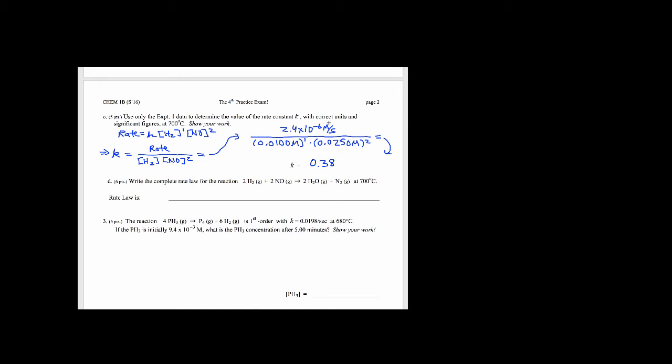And then we note that molarity per second in the numerator, and one of the molarities in the denominator will cancel. That leaves us with per second, which we could write as seconds to the minus 1. And then it leaves us with the molarity squared in the denominator, which is also a negative exponent, molarity to the minus 2. And so our k value is 0.38 seconds to the minus 1, molarity to the minus 2. And then last, the complete rate law for this reaction is that rate equals,